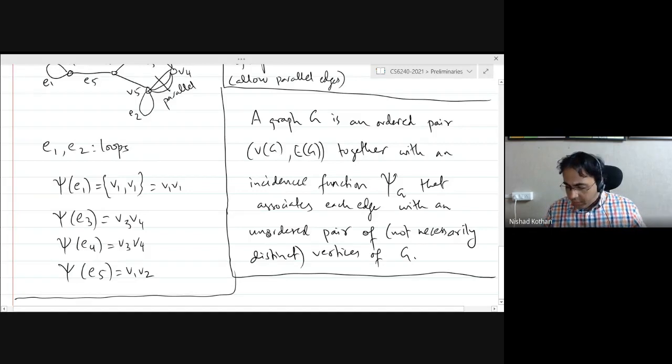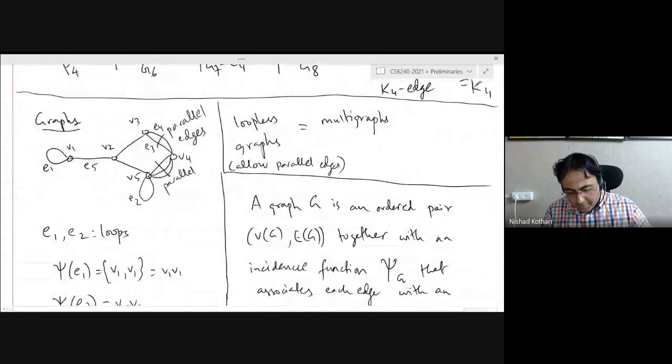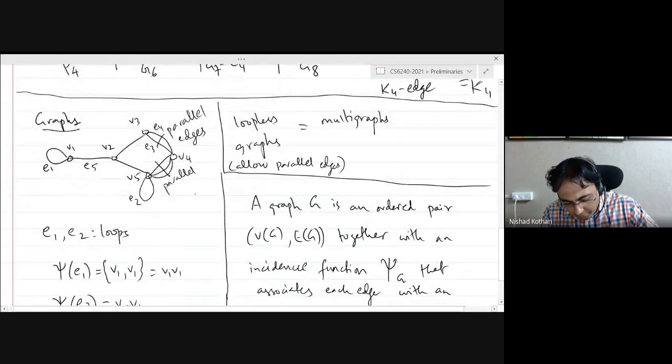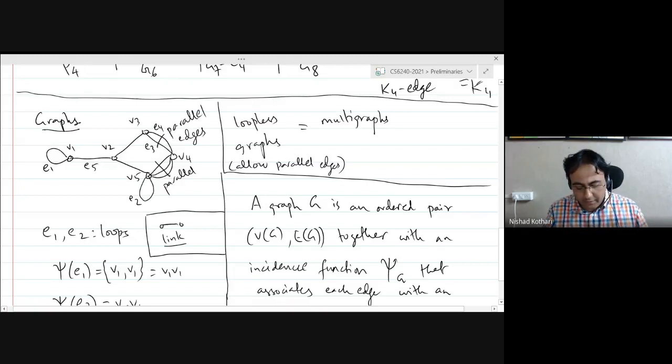Okay, since we are following Bondy and Murty, I'm also going to define, so we have loops and we have parallel edges, but we also have these, okay, actually, sorry. So yeah, just to be clear, because you'll be referring to the book, so I want to make sure that I'm covering all the terminology. So an edge which is not a loop is also called a link in Bondy and Murty. I generally will not be using this term, but since we have a textbook, I just want to make sure that you know all the terms that you may need in order to read the text.